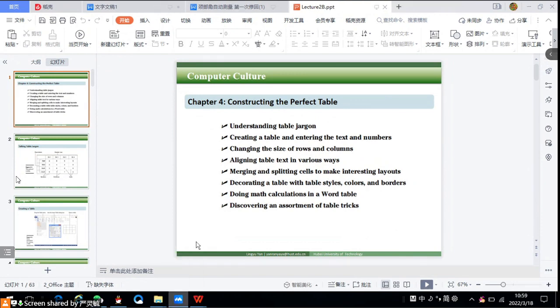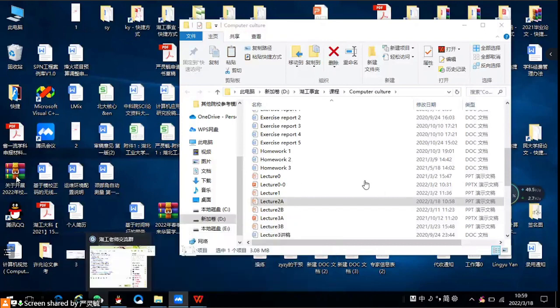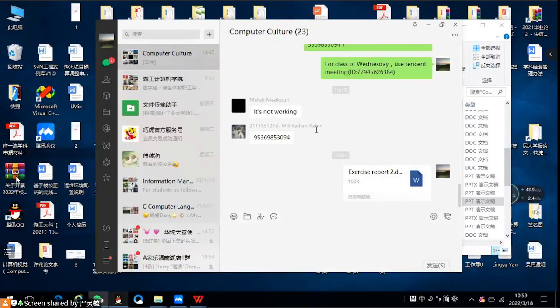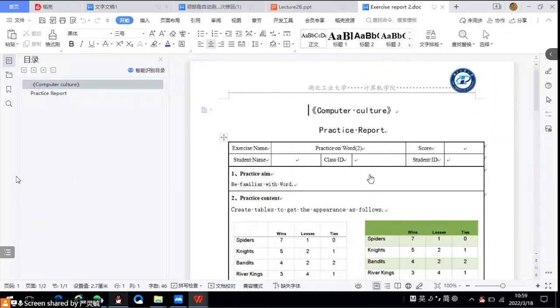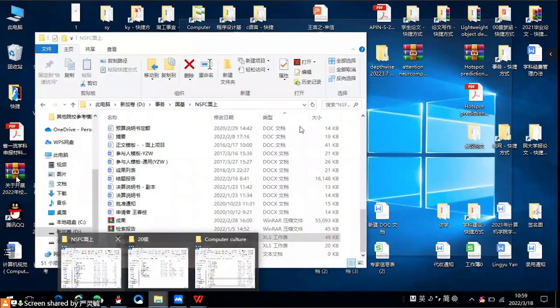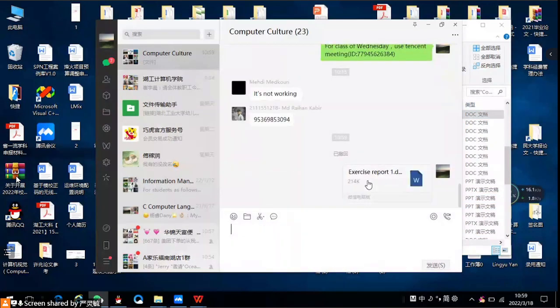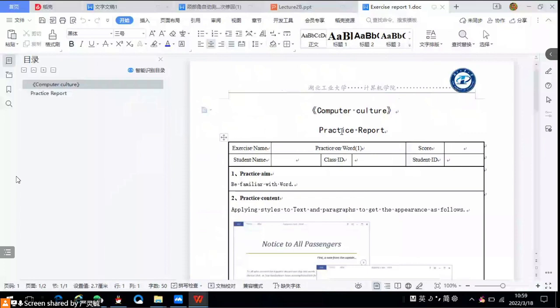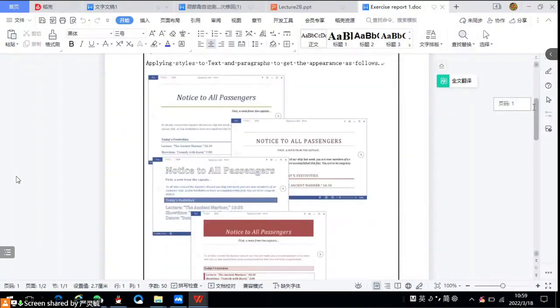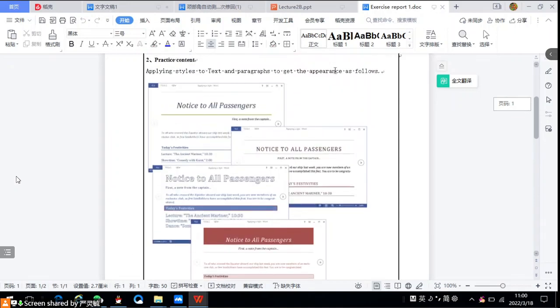Well, since chapter 3 is already finished, you may begin to do the exercise reports. I just sent it to the WeChat group. Okay, I will introduce the exercise report. Well, neglect that document, I sent the wrong document. This one. First exercise report. Well, there are 1, 2, 3, 4 pictures in the Excel report. All you have to do is